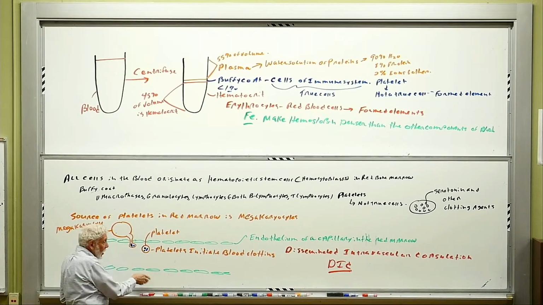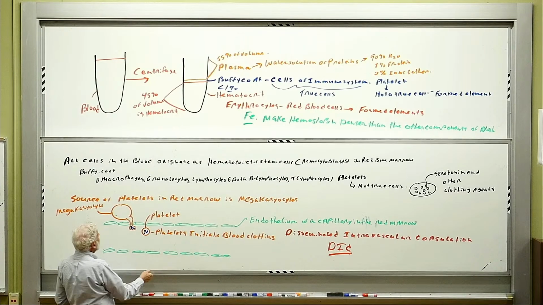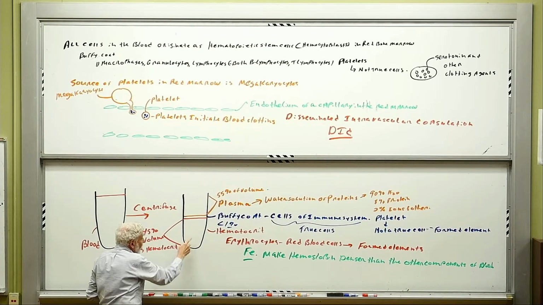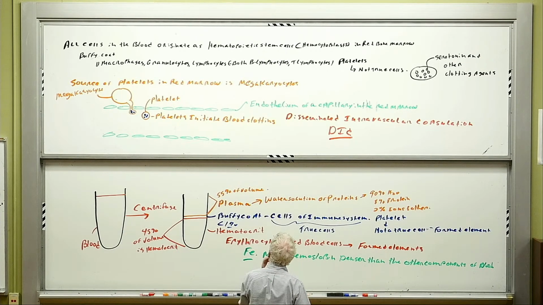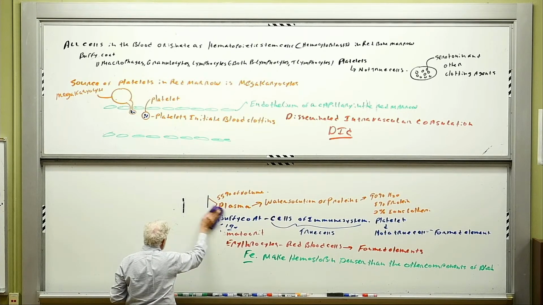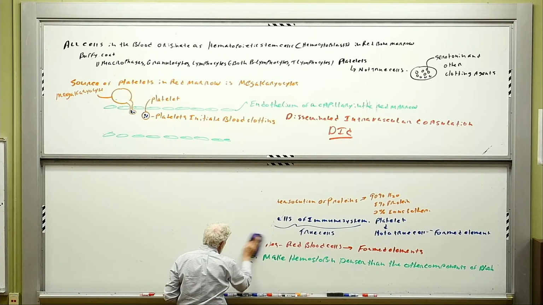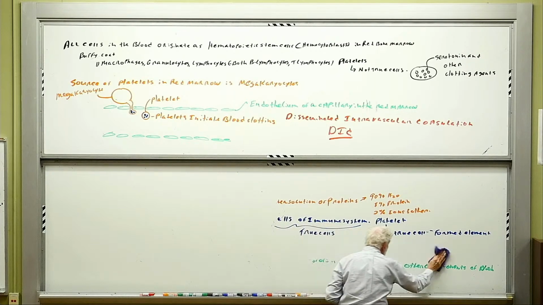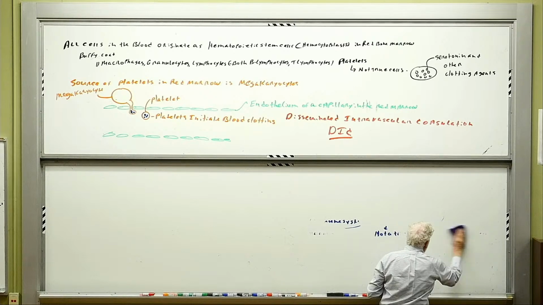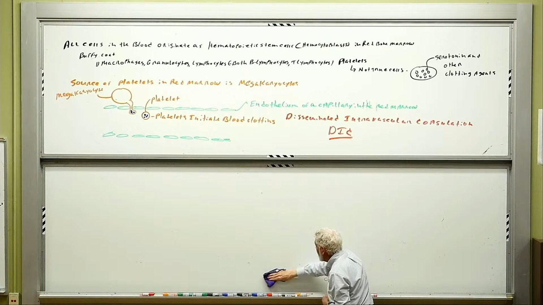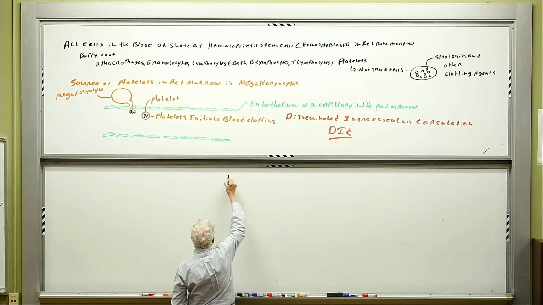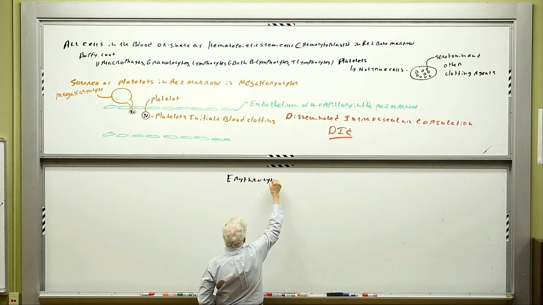But these are not true cells. They are formed elements. They're shadows of real cells. They're basically a plasma membrane with some vesicles around them. But the other character down here in the hematocrit, which is also not a true cell, is the erythrocyte. And what I want to emphasize here is the lineage of these erythrocytes, and emphasize the fact that these are really not true cells. So take this panel and label the panel as erythrocyte development, and recognize as we go through this that one of the hallmarks of erythrocyte development is all of the components of the cell that the erythrocyte loses. So if we take this panel and talk about erythrocyte development,